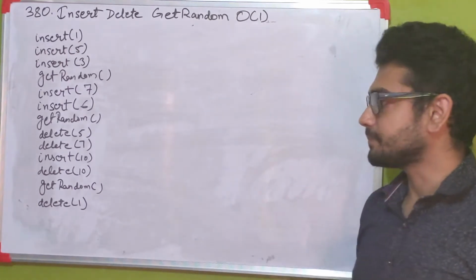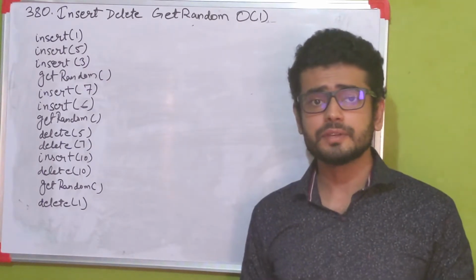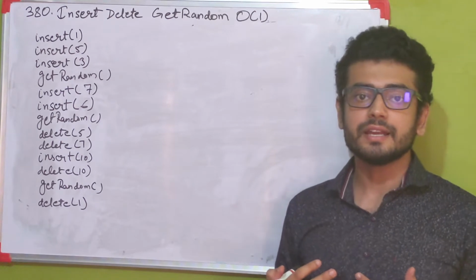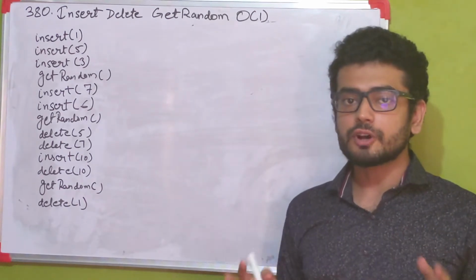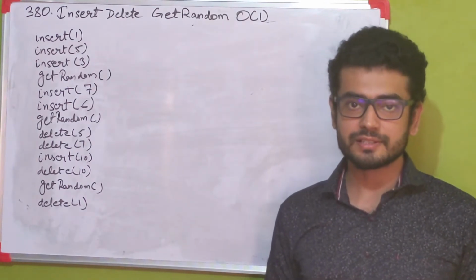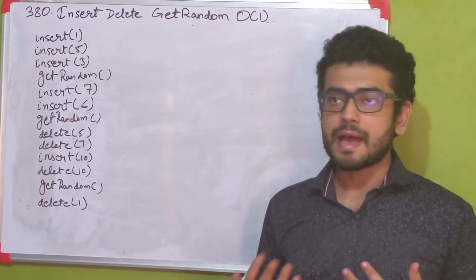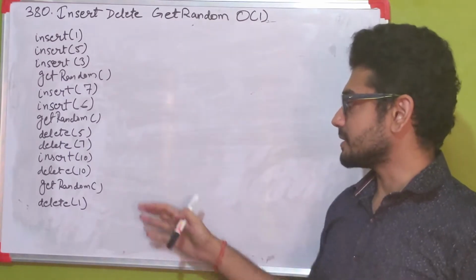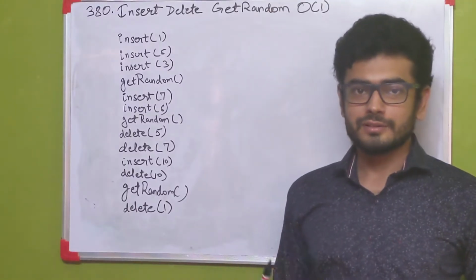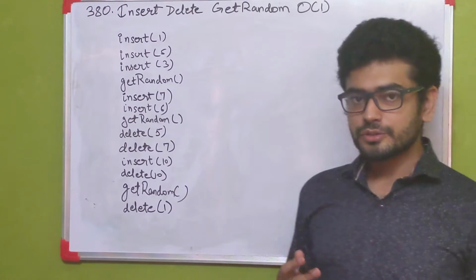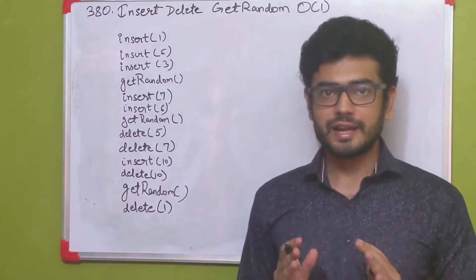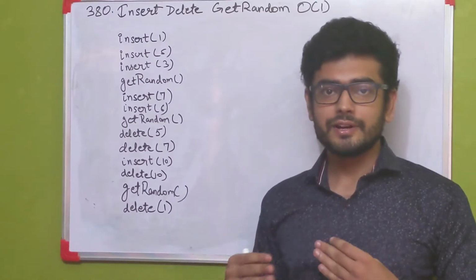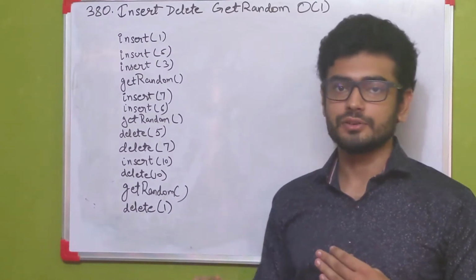Now in these kinds of problems wherein you need to design a new data structure, usually the expectation is that you need to create some kind of a combination of existing data structures like linked lists, arrays, maps, trees, etc., which are good enough to handle all these operations. So let's try to understand how we can solve this problem. To start off, I'm going to start with a very simple data structure like an array and try to perform all these operations one after the other, and then we'll try to iteratively improve our solution.